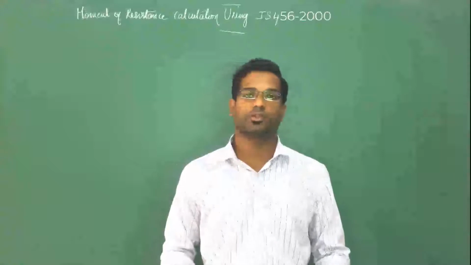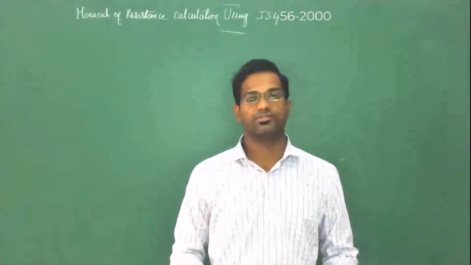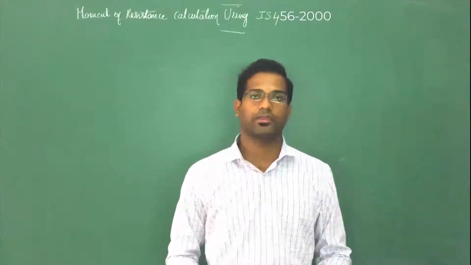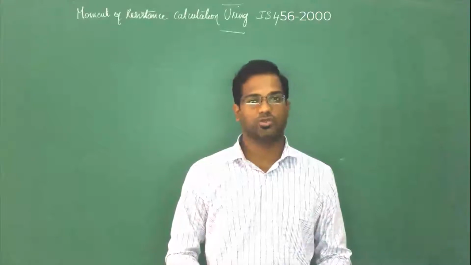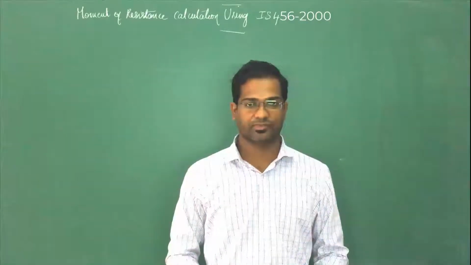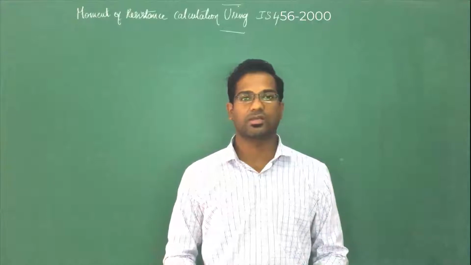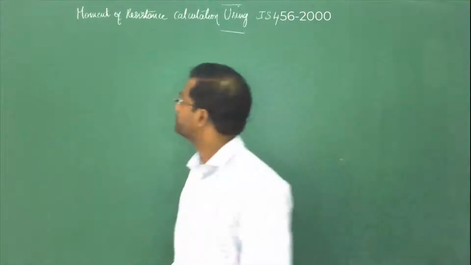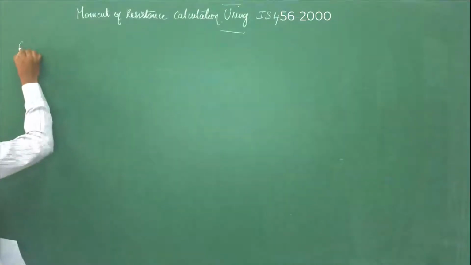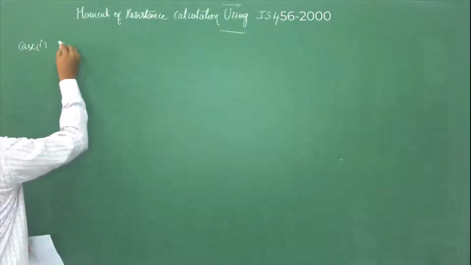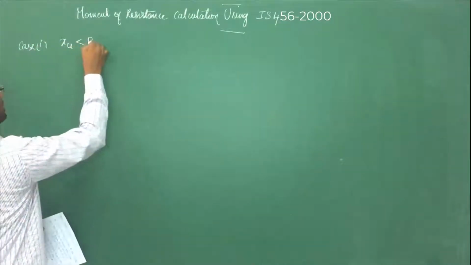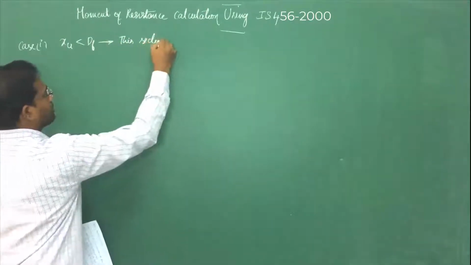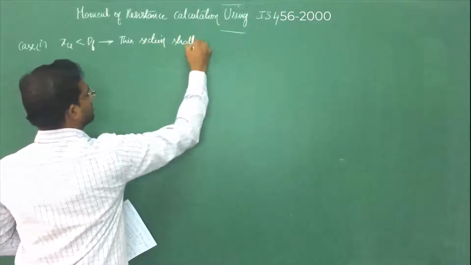For the calculation of moment of resistance for T-beams, IS 456 has recommended a few equations in clause number G-2.1, page number 96. As per this clause, the T-beam sections can be divided into three types. Case 1: when the neutral axis is within the depth of flange, this section shall be treated as a rectangular section.